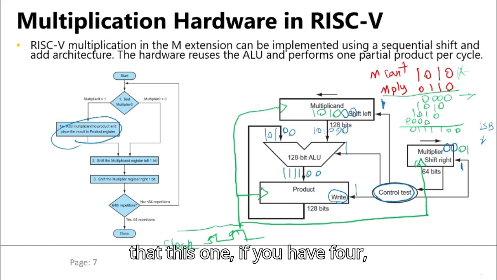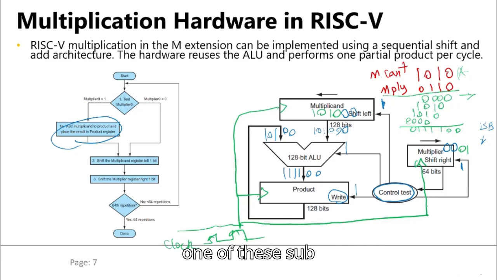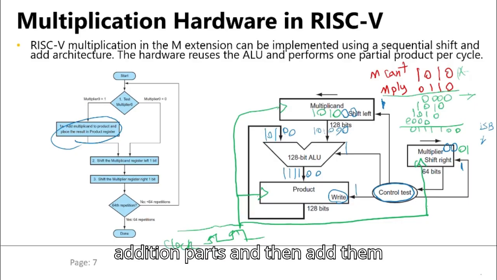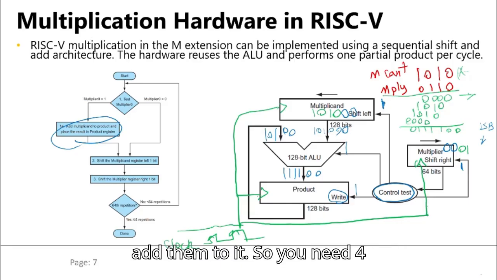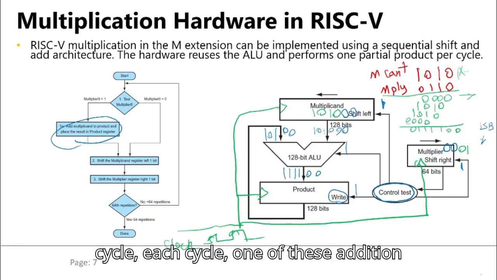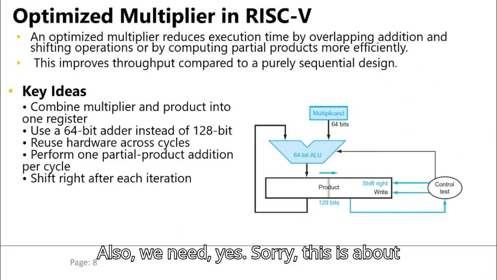If you have n bits, I forgot to mention this. If you have 4 bits, you need 4 cycles because for each cycle you make one of these sub-multiplication parts and then add them together. So you need 4 cycles. Each cycle, one of these additions, and add them together. But again, in this design, also we need